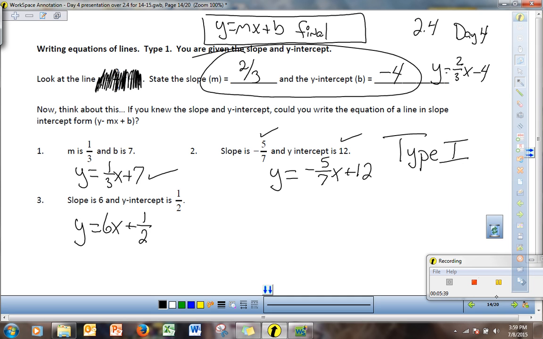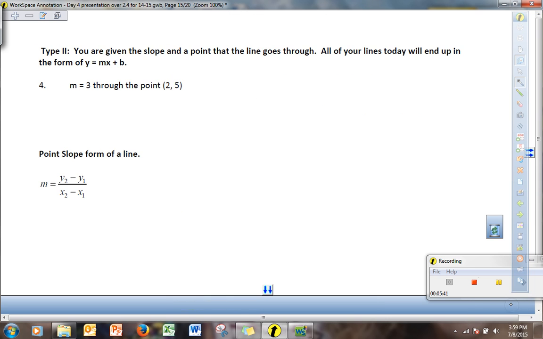So, let me come to the next little piece here. My type 2 looks like this. It says you're given the slope and a point on that line. All the lines today will end up in the form of y equal mx plus b. Well, I need to figure out what's going on here. So what I'm going to do is come down and look right here,